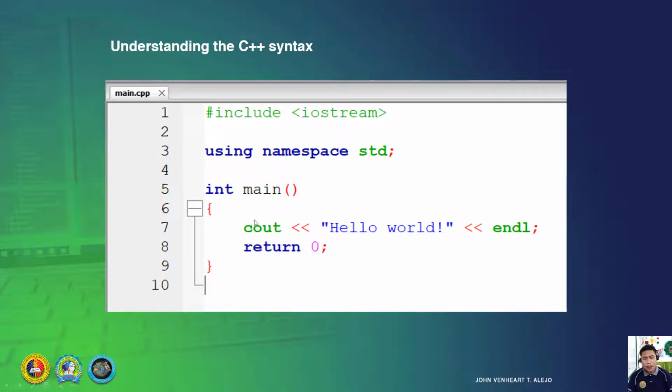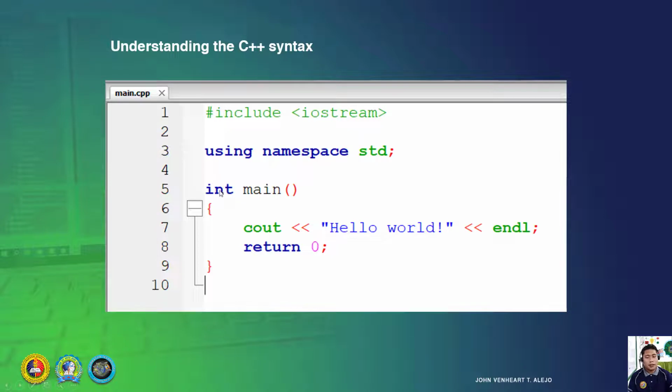So here, we have a data type and the name. Ang name is followed by open and close parentheses. So then this int, why do we have return 0? Because every function that has a data type like string, char, boolean, double, those are data types.